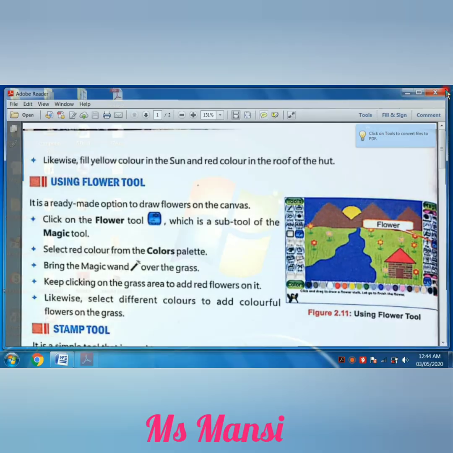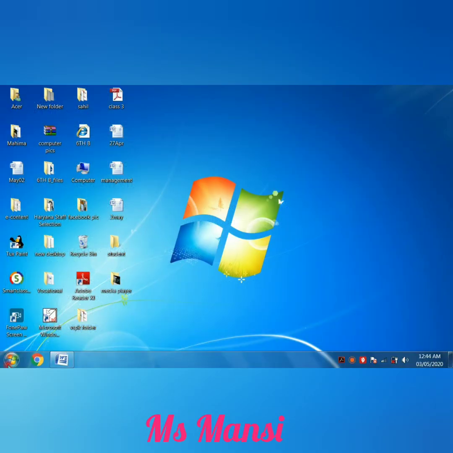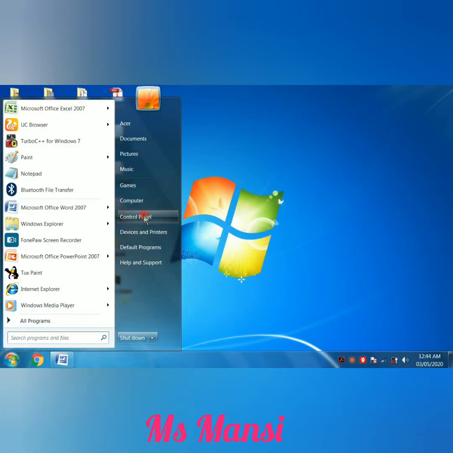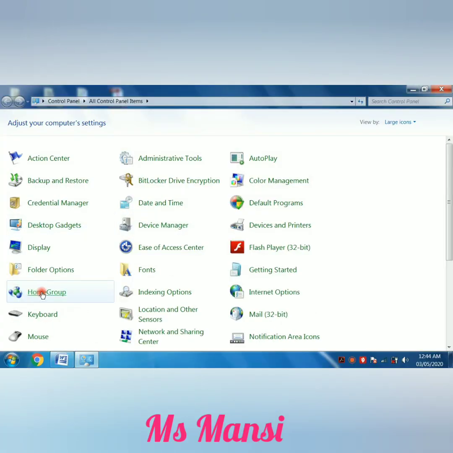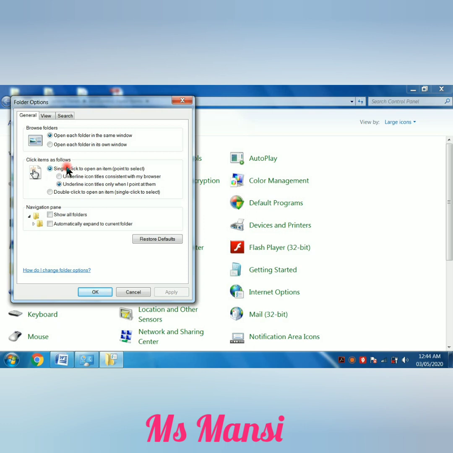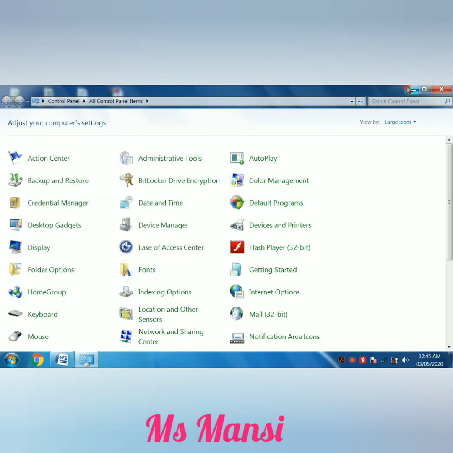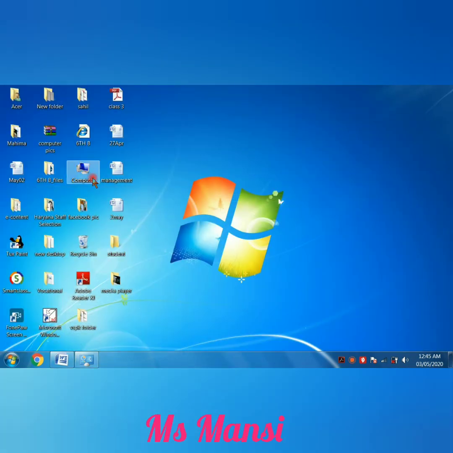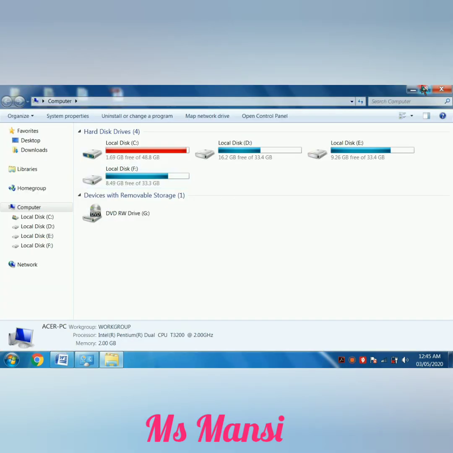Okay, so how is it possible? Because from the control panel and from the folder options, I have selected single click. Now I am again changing it to double click and then apply and then OK. See, when I go to open the computer icon, I have to double click on it and then it will open.